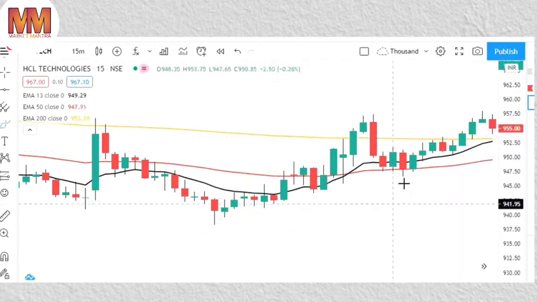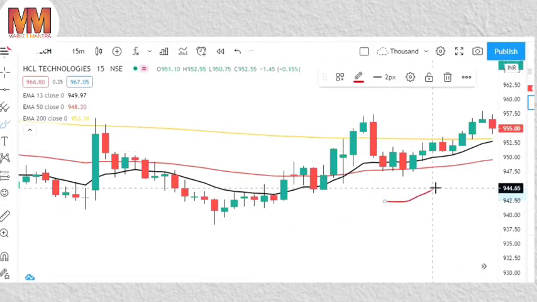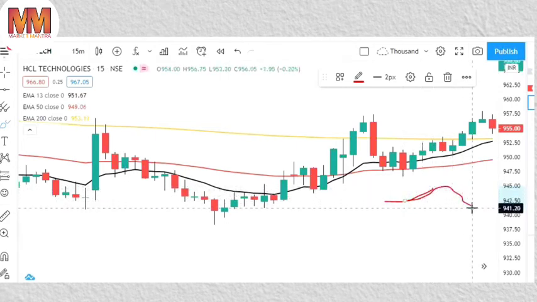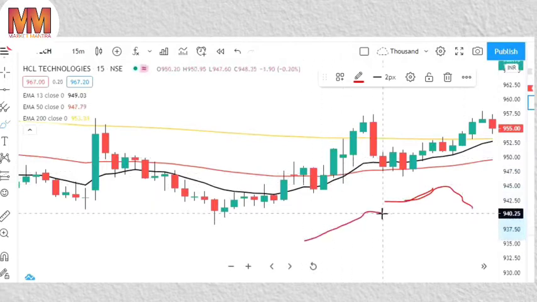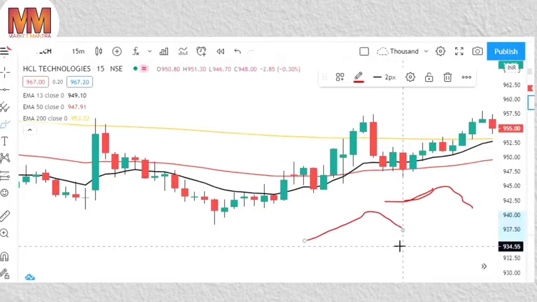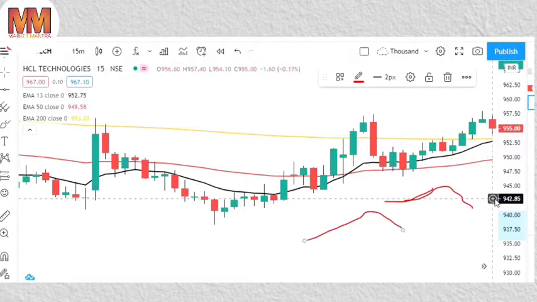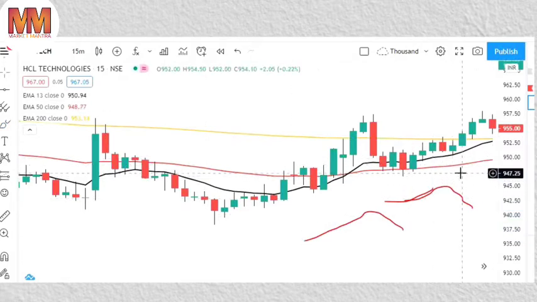Now here you can see the stock is moving in the upward direction, right? When there is a good upward movement, you can expect some fall. So in such cases, look for a shorting opportunity. Here you can see the stock is moving upward, and after some time definitely it will come down. So when such good movements are happening, you can check if you can get some selling opportunity. So if you go on checking here,